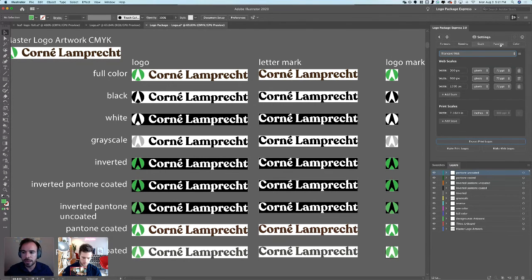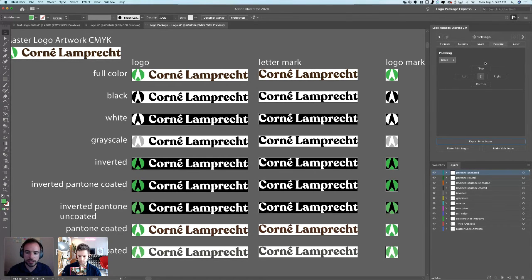The next major feature that has been added for customization is the ability to add padding around your logo files. Now, this is called clear space when you're talking about branding and brand guidelines. It's just the area around a logo where other elements should not be placed so that the logo maintains its kind of